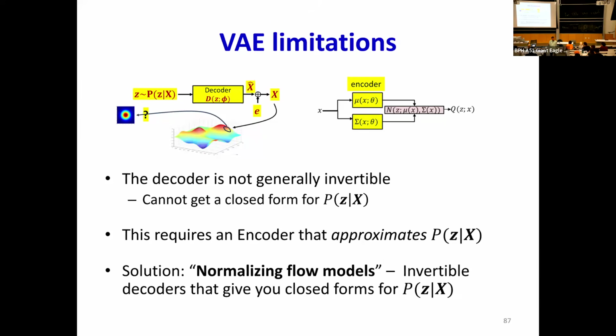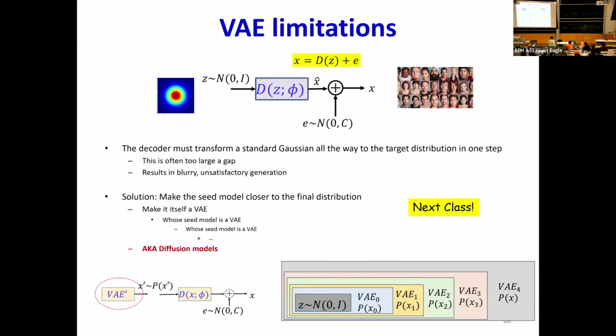The answer is that if you can do that, you end up with a model called a normalizing flow model. So the normalizing flow is basically just a variational autoencoder where the decoder is invertible so that you can find the Z. Now, for this to be invertible, right, what does it say about the dimensionality of Z versus the dimensionality of X? Anyone? They have to be the same, which means you're not making any low dimensional manifold assumptions on Z, right? Nonetheless, the model actually learns the restrictions on Z if you train it properly. So it's pretty powerful.